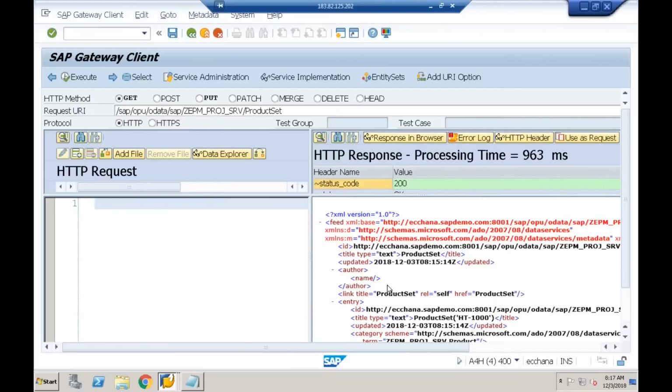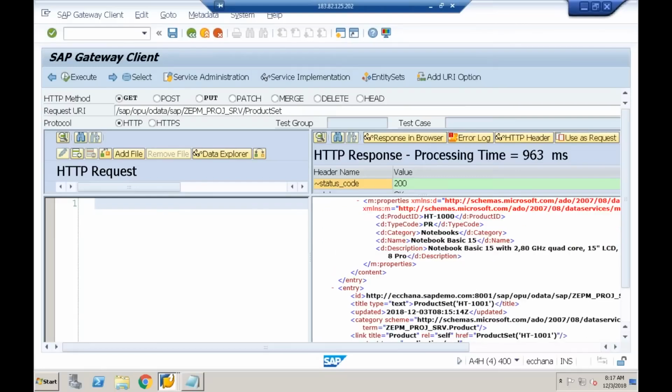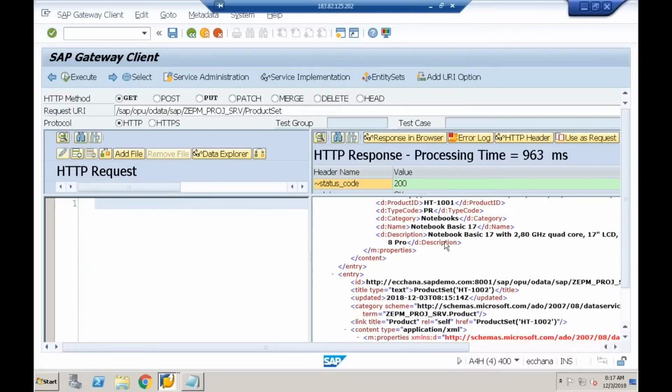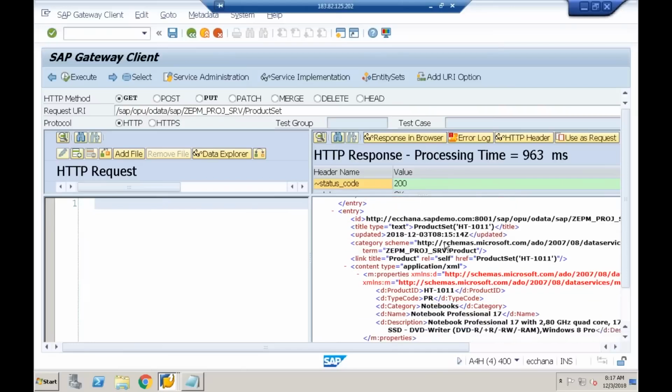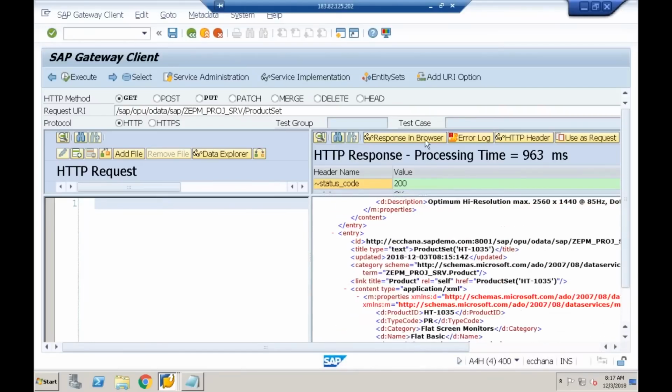So you can see it has returned multiple products. One of the products is HT-1000. Remember that. Like this, we have many products. This anyway is working. Now, randomly in my service URL, in the parentheses, I'll say HT-1022. Execute this, with HTTP method GET. When I click on execute,